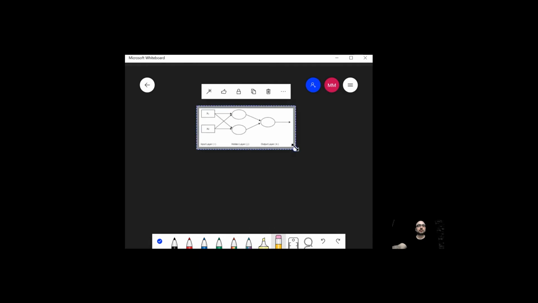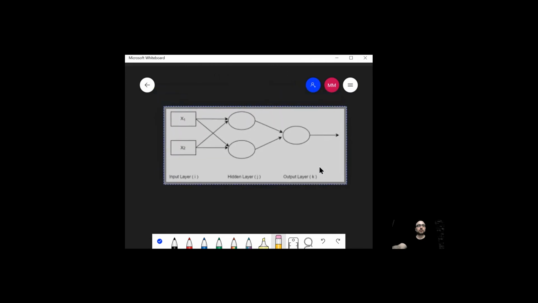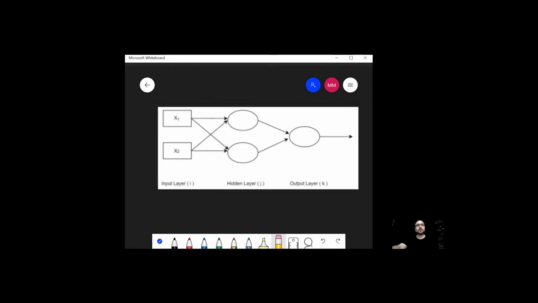So this is an image of a basic neural network with two dense layers. Let's talk about the definition first. These are the dense layers which I just told you about. You can call them neural layers or dense layers, right? So let's talk about what a neural network actually means.